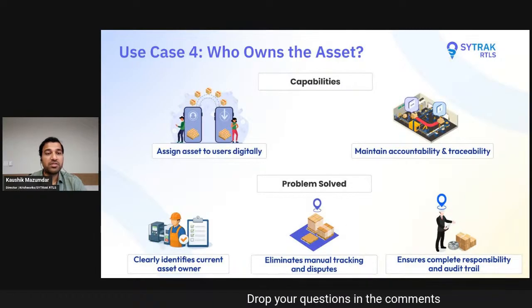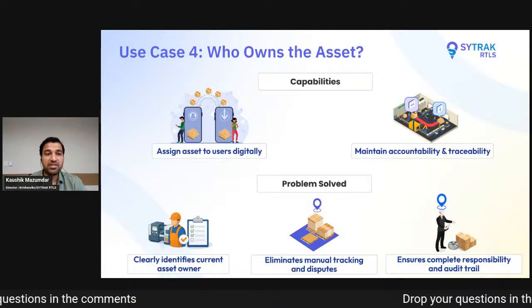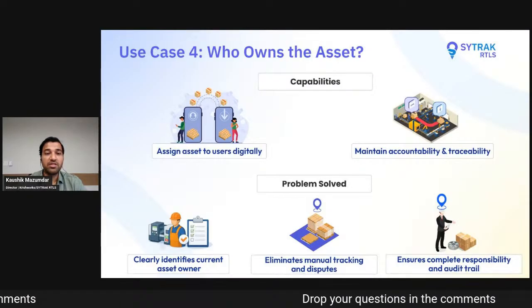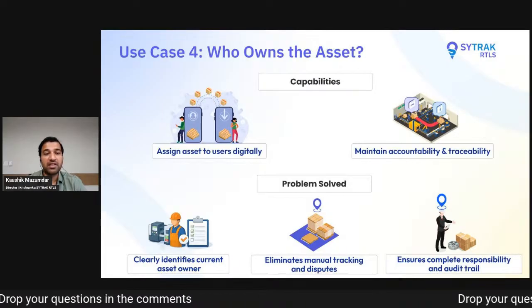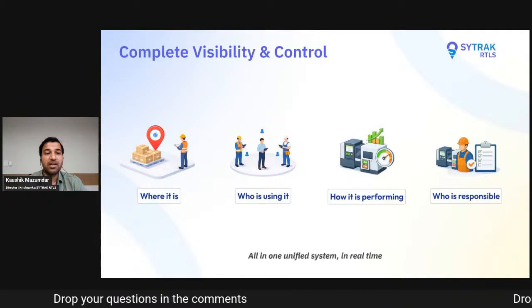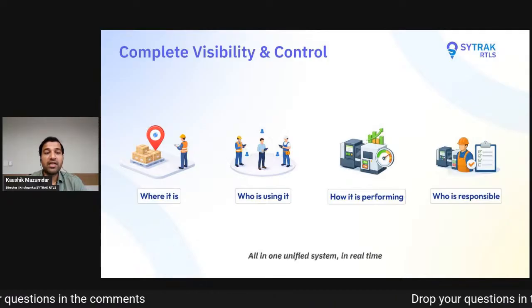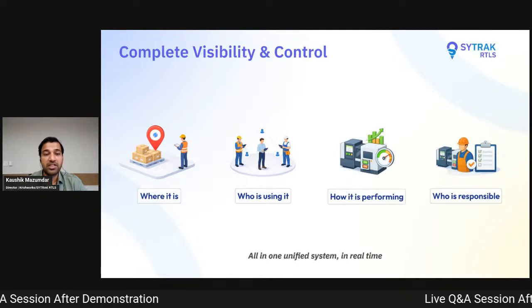The fourth is the ownership, or the accountability, of the asset. Assign assets directly to users digitally, from one user to another, and maintain accountability and traceability. The problems it would solve are, clearly identify the current asset owner, it eliminates manual tracking and disputes, and it ensures complete responsibility and audit trails. So thereby, for an asset, we can understand where it is, who is using it, how it is performing, and